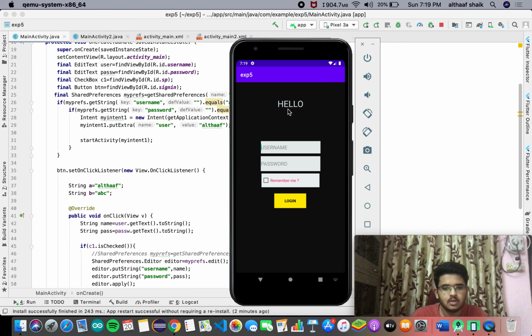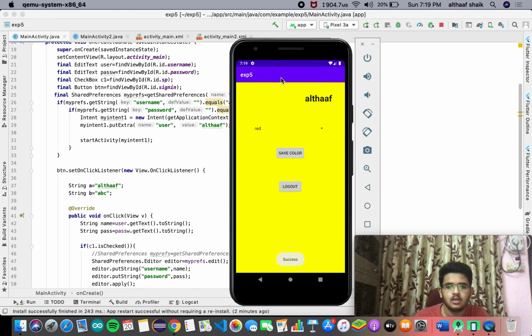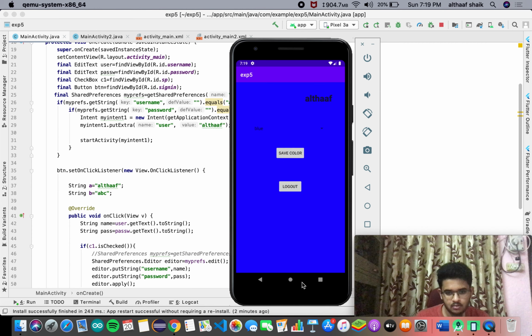Here I made a login screen, and I gave no database here, just string matching for login. If I click remember me and then login, this is the screen where the color must be remembered. If I change to blue and then give save color, it will be blue.